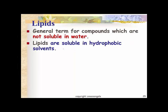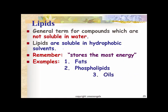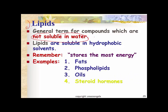Lipids are the second macromolecule. Some general characteristics about them is they're not soluble in water, so they are non-polar. You know that term from before, which is why they don't mix with water. It's why if you get something like oil on your pants or on a shirt, why do you need to worry about that when you're washing it, as opposed to like a dirt stain? Well, dirt is going to be water soluble. Oil or something with oil in it is going to be not water soluble,